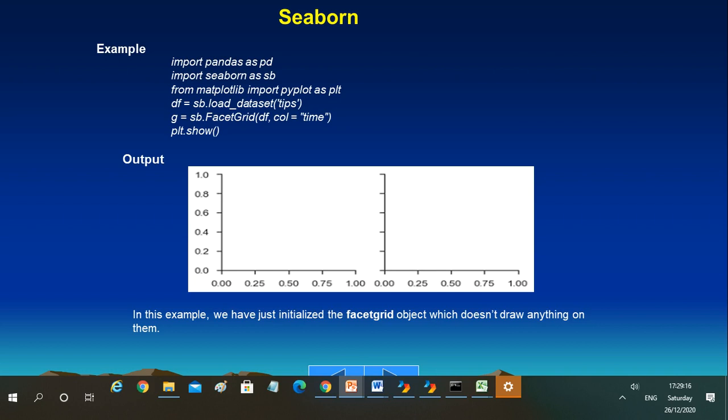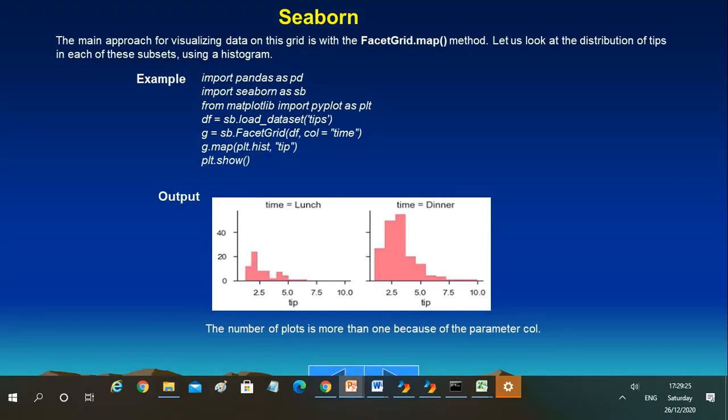In this example, we have just initialized the FacetGrid. This is just the initialization of that object, which doesn't draw anything on them, right? So that is why it is shown like this only. Now in the next, the main approach for visualizing data on this grid is with the FacetGrid.map